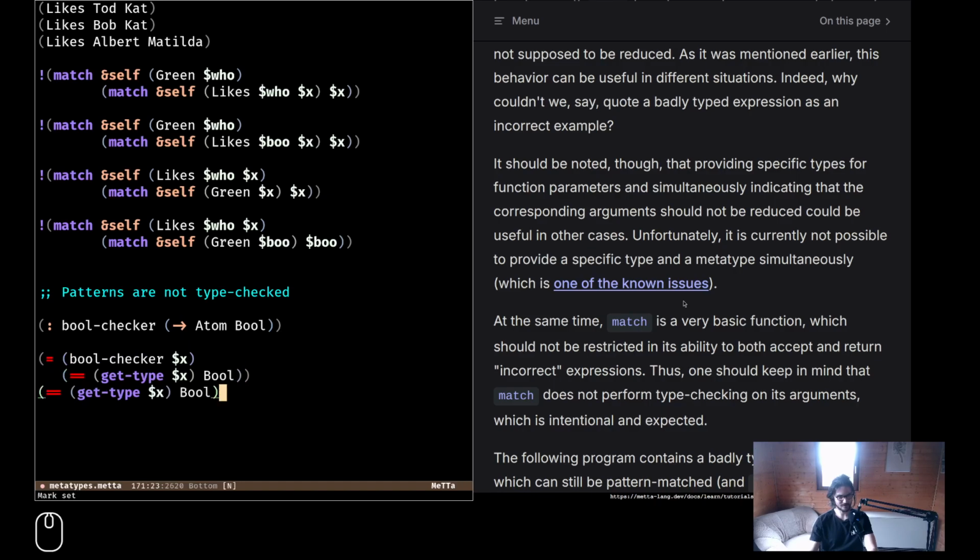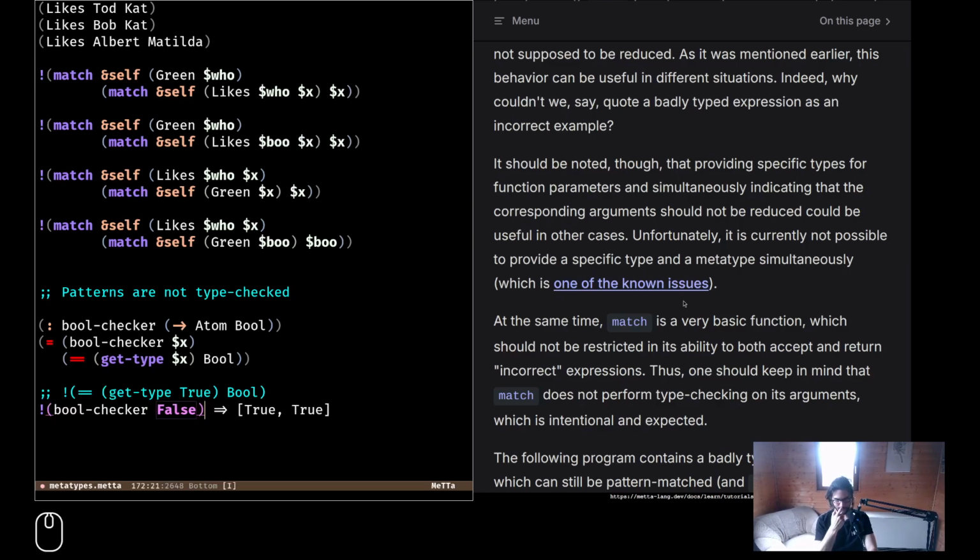One sec, I can check if that works interactively. Get type of true. I need to evaluate that, of course. So evaluate this. True. Okay, I'm guessing this is basically implemented correctly. Okay, bool checker and this. So if I say bool checker of type false, evaluate, true. Okay, two times because I have it two times.